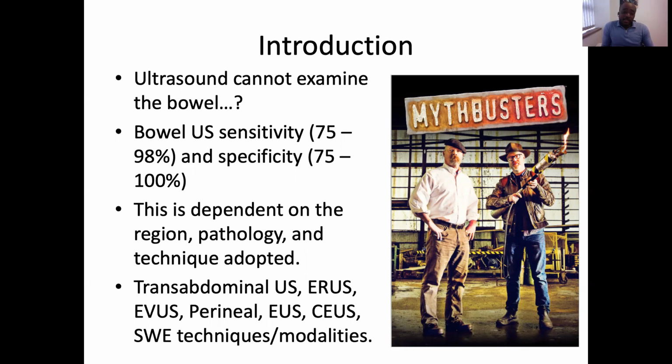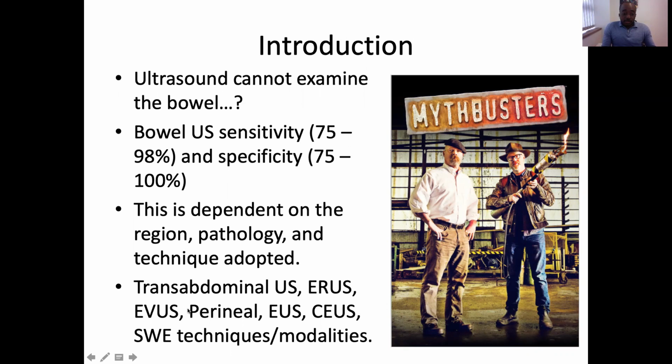Now this is highly dependent on the region that we're examining and also the nature of the pathology. For instance, if you're looking out for appendicitis, you tend to have a slightly different sensitivity and specificity compared to checking for erectile Crohn's, for instance. Also, the technique which we adopt improves the sensitivity and specificity by a lot as well. Now, these techniques would include transabdominal ultrasound, which is what we're basing this presentation on today. Also, the endorectal ultrasound,